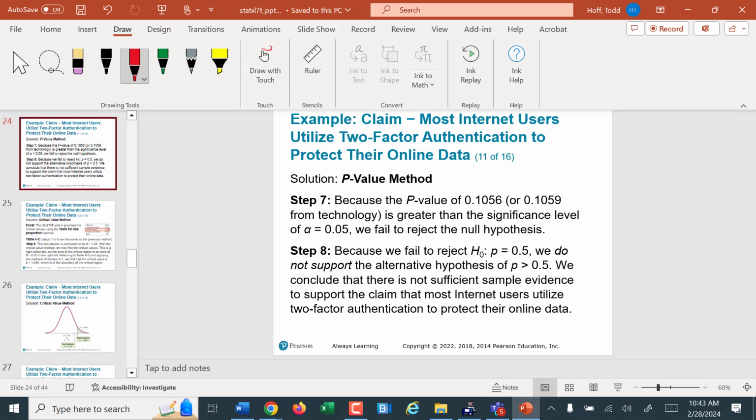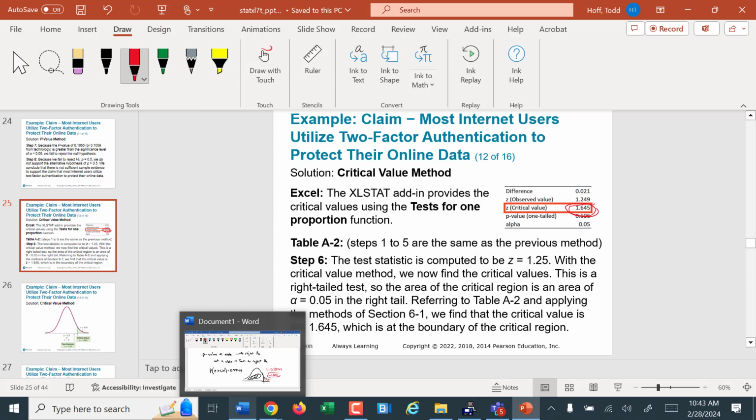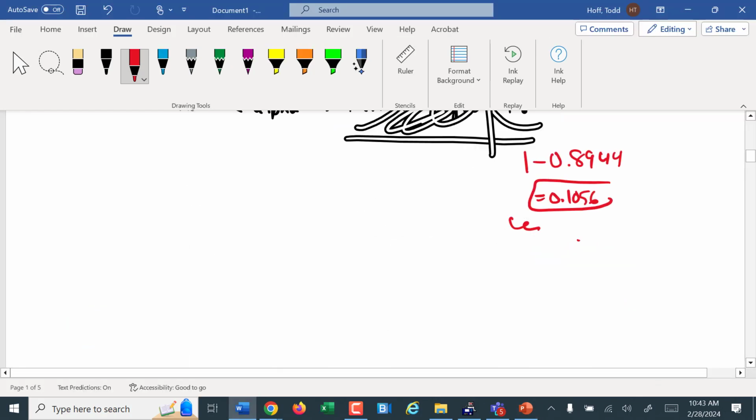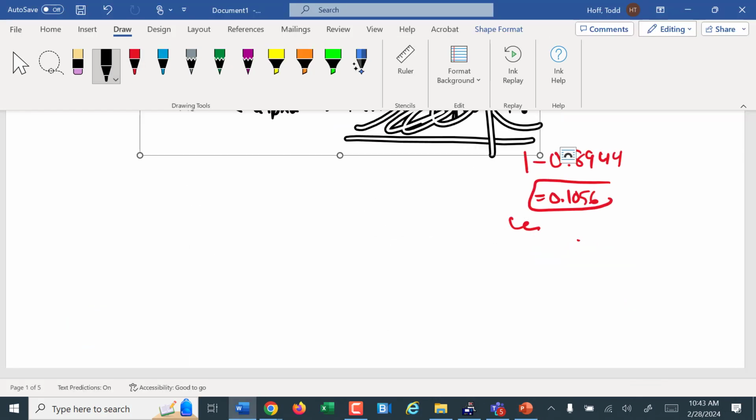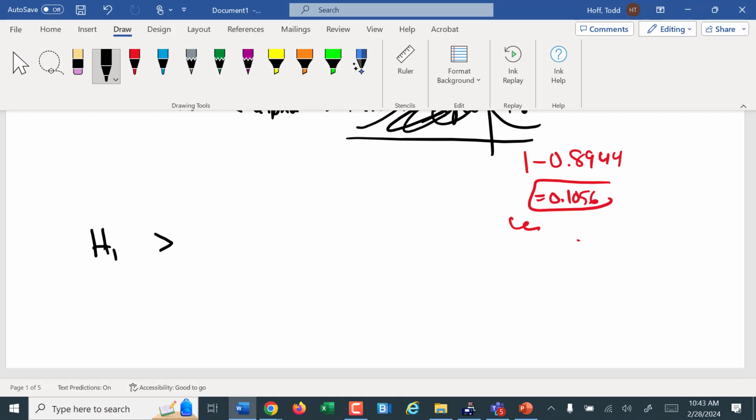Well, what if we wanted to use a critical value? So first, our Excel stat or StatCrunch is going to give us the critical value if we want it. The critical value here is 1.645. For a critical value, it depends on the alternative hypothesis. Since the alternative hypothesis is greater than,